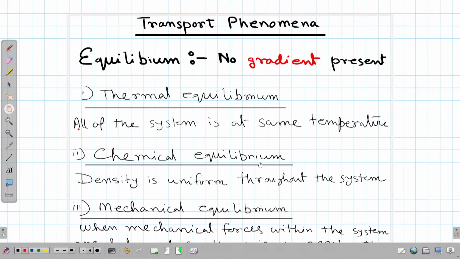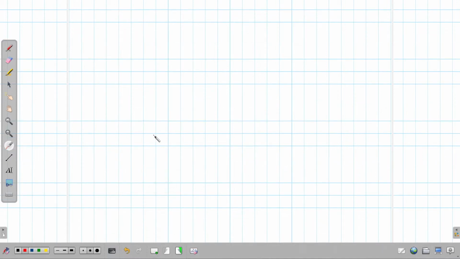So, let us look into it formally. What is equilibrium? Equilibrium, as I said already, means that there is no gradient present. There are three main types of equilibrium. One is the thermal equilibrium, in which all the system is at the